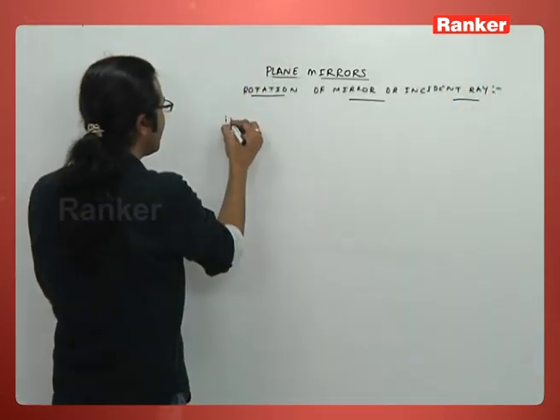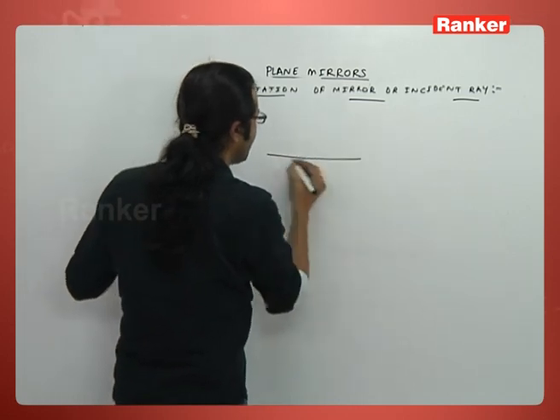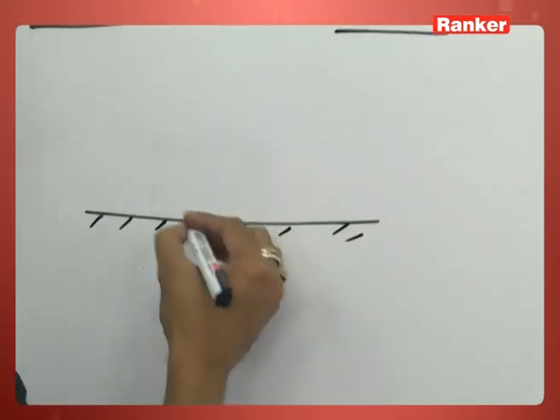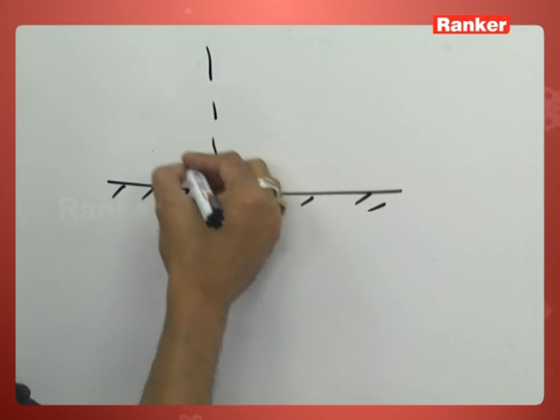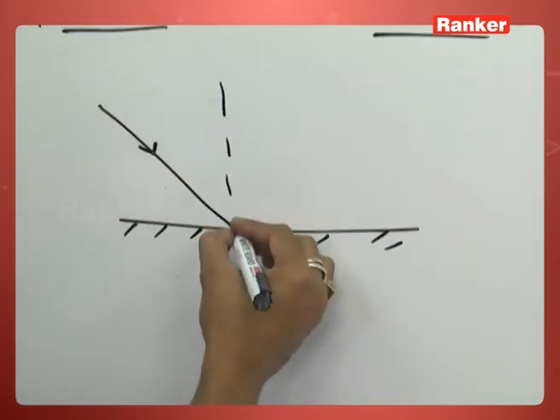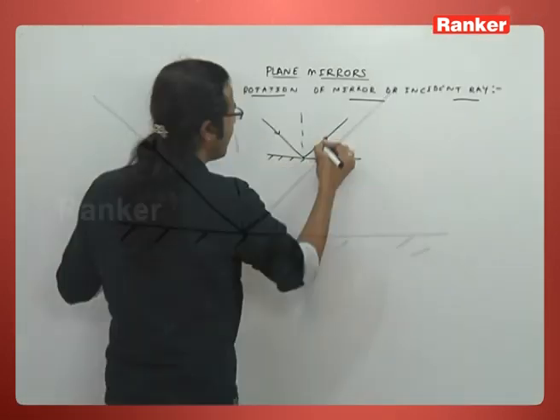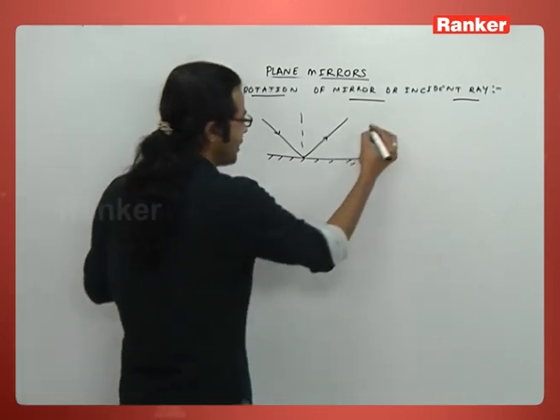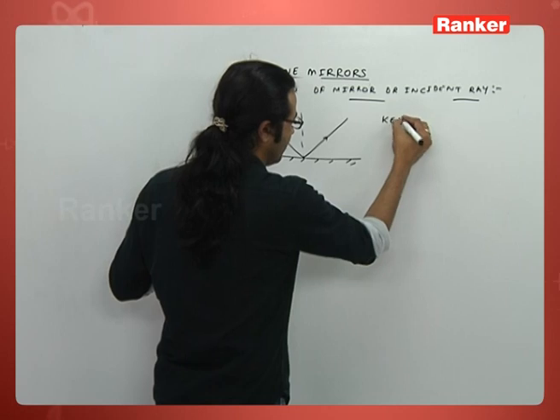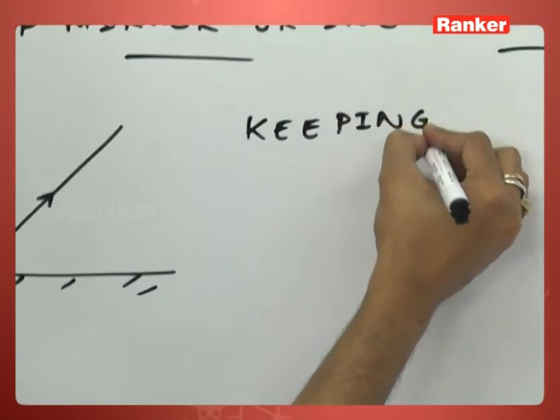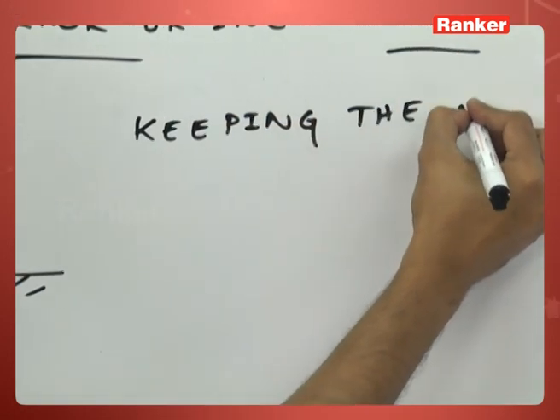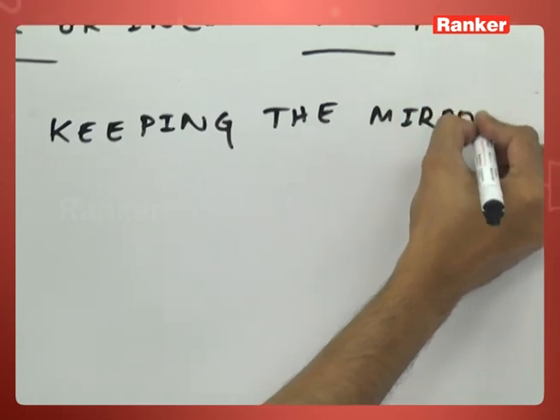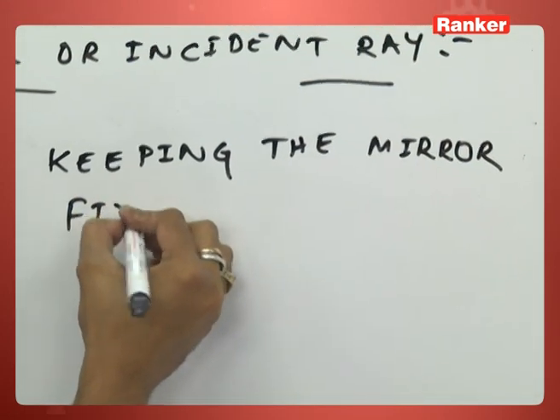Now case 1, this is a mirror, this is the incident ray and this is the reflected ray. There can be a situation that keeping the mirror constant, fixed,